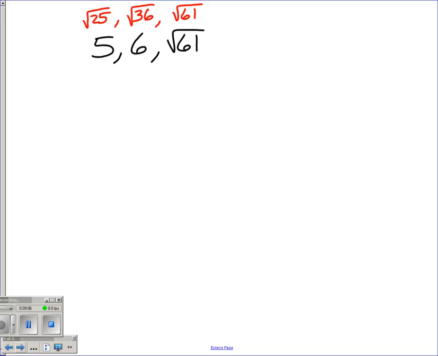All right? Anytime that you want to compare numbers to see which one is bigger, and you've got radicals involved, put them as the same root. Now then, if you look at root 25, root 36, and root 61, all you've got to look at is the radicand underneath each one, and you can see that root 61 is bigger. So I'm going to take the root 61 and put it over here on the left by itself, squared. How does that compare with, and now I'll just use the 5 and the 6,